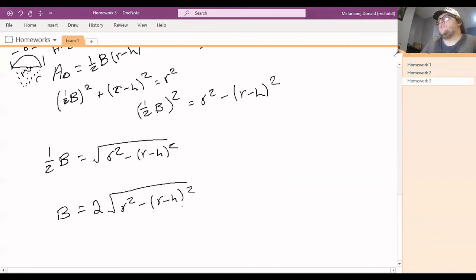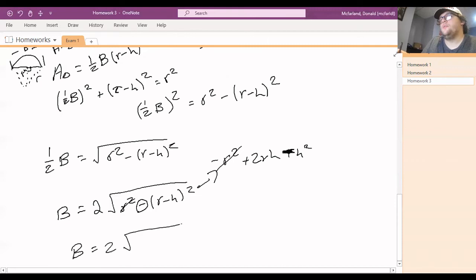And so if we FOIL this, what we're going to end up with is r squared minus 2rh plus h squared. So notice we have this minus sign here. So it'll be minus r squared plus 2rh minus h squared. So notice we have an r squared here, so these will cancel out. And we're going to be left with 2rh minus h squared. So now that we have our base,